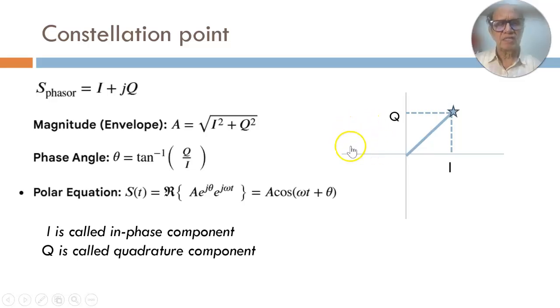Of course, we just showed this for just one signaling waveform, considering a general equation. But in actual practice, you have a number of signaling waveforms. So you'll have a number of values for each waveform. For the first one you will get I1 and Q1, for the second you will get I2 and Q2 and so on. So let us look at that,